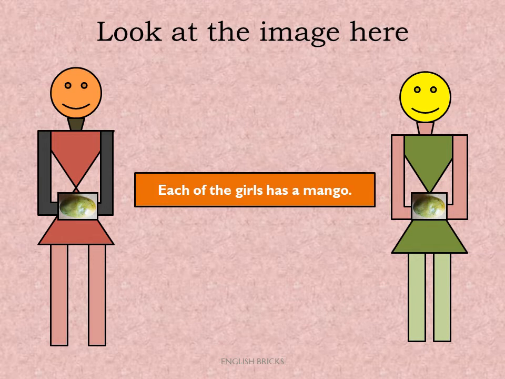Look at the image in front of you. There are two beautiful girls, mango season, and each of the girls has a mango. They're girls, plural, but I'm talking about one girl at a time. That is the reason I used each of, and each of the girls has a mango, and the verb is has, that's singular. But the noun is plural, girls. I have not changed it. The noun is girls, plural, but when I use each of, that is the main subject, which is singular, the verb is also singular. Right? Let's move on.